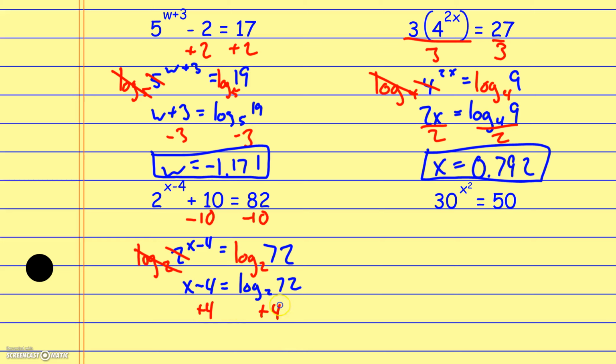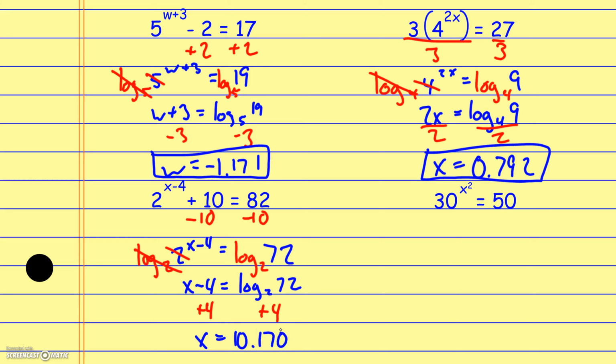Again, just be careful plugging these into the calculator. Kind of take charge of order of operations yourself. Do the natural log of 72 divided by the natural log of 2. Hit the enter button, and then add the 4 and hit enter again. Okay, so kind of do it in 2 steps there. Don't round anything off as you're plugging it into your calculator, but do it in 2 steps, and to 3 decimal places this rounds to